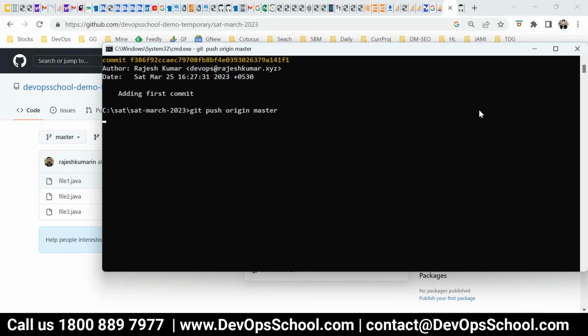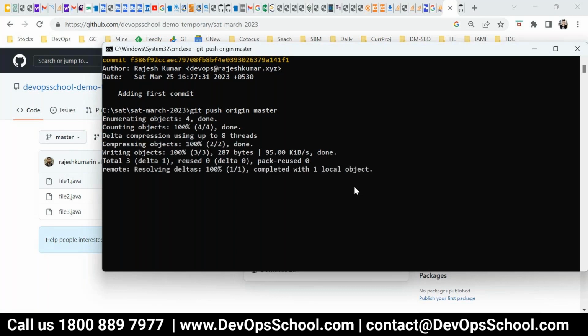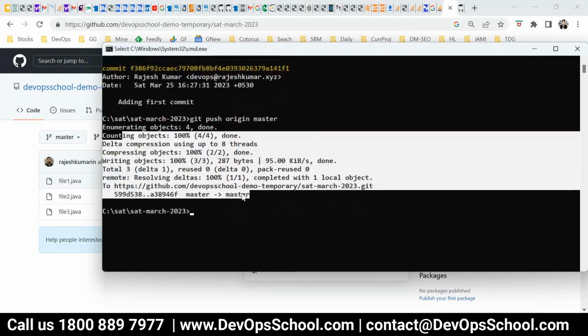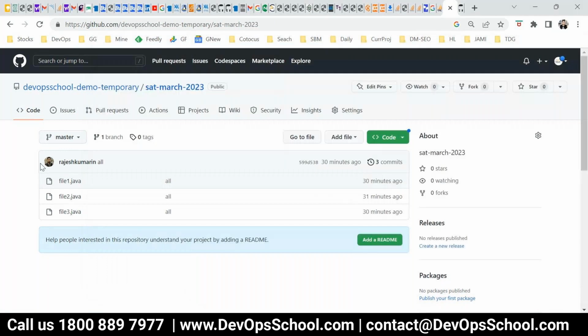So git push origin master, and now it should prompt me because it's HTTPS, right? It should ask for the token. Let me see, since it is the same machine, it has stored it somewhere. Yeah, it's taken because it's the same machine. So can we go and check, refresh?